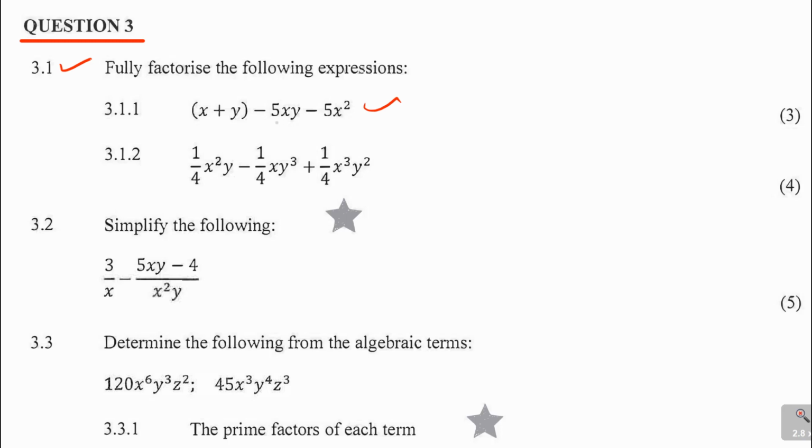It's a matter of you seeing what is common there. It's 5x and 5x squared, so 5 and x was common, you need to take it out. Even 3.1.2, you needed to factorize three terms there, but you needed to see that 1 over 4